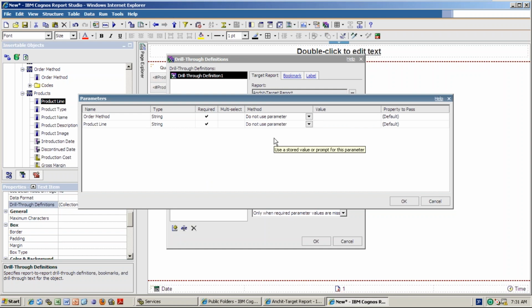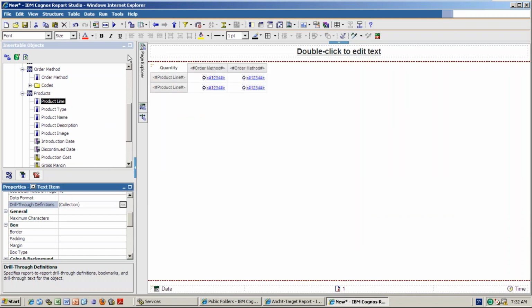That means whatever value you select in the prompt page for product line in the source report, that value will pass. So for do not pass, pass the parameter value, and the value you want to pass is parameter one, that means the product line value. For order method, I don't have any prompt page, so you just send the data item value. Then it will work out in all areas. Run the report.